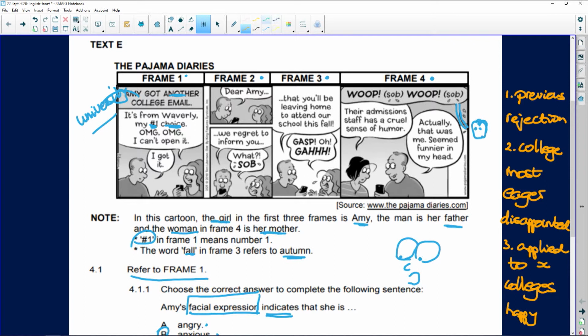So now we come again to the issue of what does sob mean? You should be able to see, even if you don't know the word, from the three little thingamabobs that are around the word sob. We've got that word, and then we've got one there, one there, and another one there. So what is she apparently doing? These things are meant to be tears. So sob is crying, right?